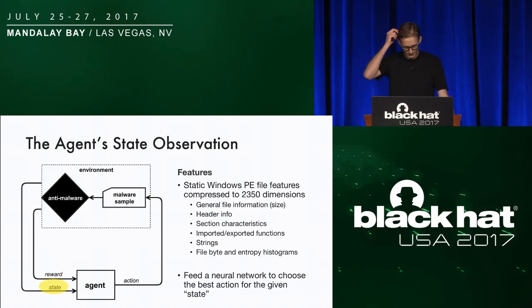So briefly, in our implementation, the state of the environment, I mentioned, is no longer pixels of Atari, but we encapsulate this in a feature vector. Just briefly, the feature vector is comprised, like in the opening slides, of file size, number of registry strings. We have about 2,000 of such dimensions that encapsulate header information, section characteristics, imports, etc. And then we feed that into a neural network that is our policy. So given this kind of state of the world, what should you do?